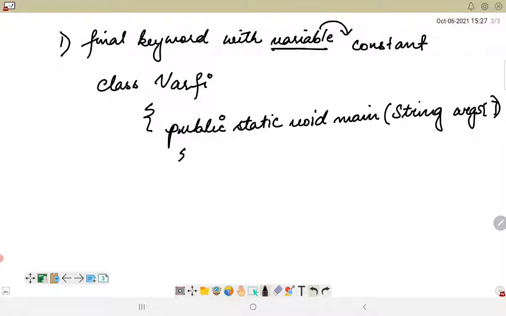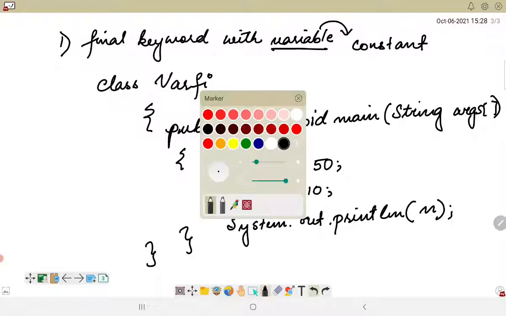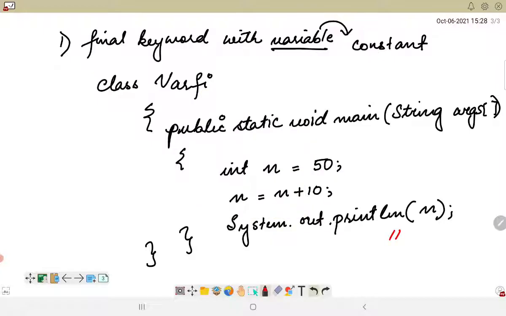Within this method, I will consider an integer n equal to 50, and on the next line I will write n plus 10. Now if I print the value of n using system.out.println, what output should I be getting? I should be getting 50 plus 10, which is 60, right?